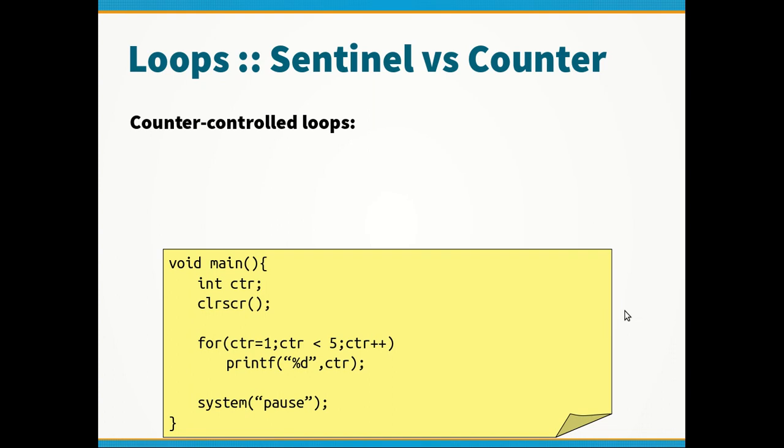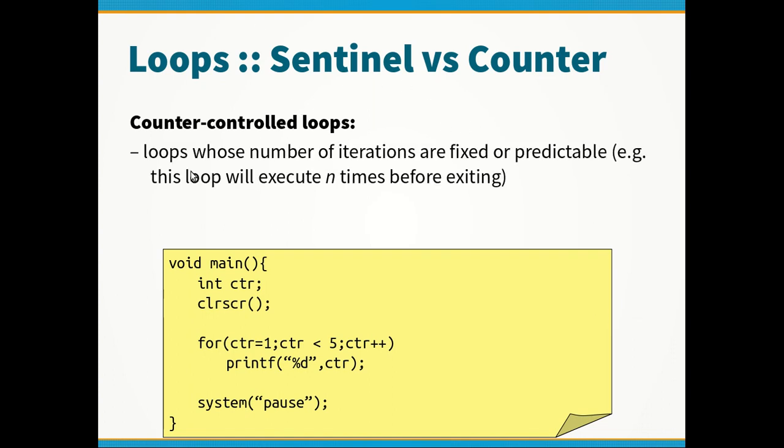Alright, now let's talk about what we mentioned a while ago: sentinel versus counter, no pun intended. Loops whose number of iterations are fixed or predictable, those that we can forecast ahead of time, are what we call counter-controlled loops. They will always execute n number of times before exiting, and that n could be predefined or preset by the user. Like for example, earlier in one of the slides, we had